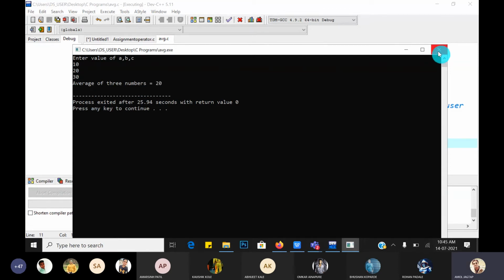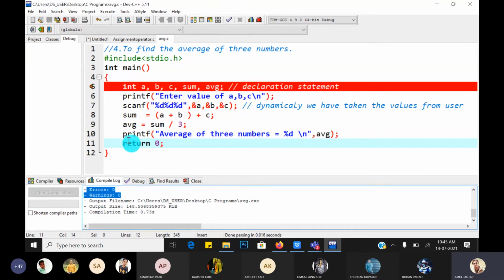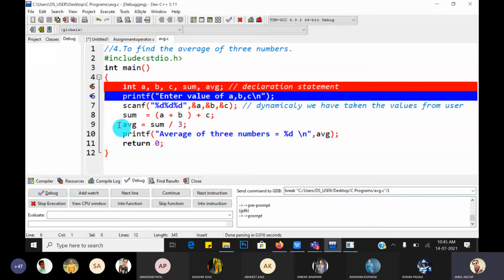Great. If you want to demonstrate, then you just give the toggle breakpoint, then debug. Okay, so debugging gets started. Add watch for variable a, then add watch for b, then for sum, and for average also.